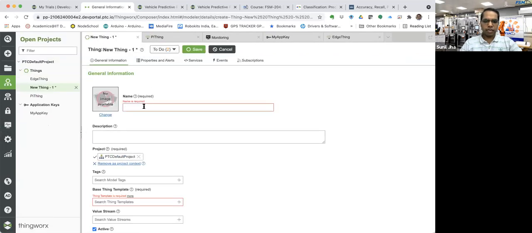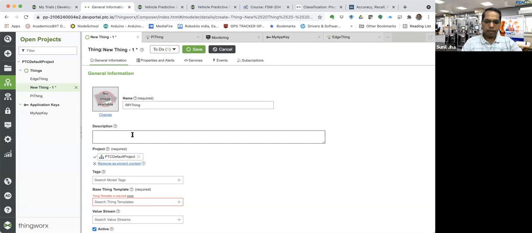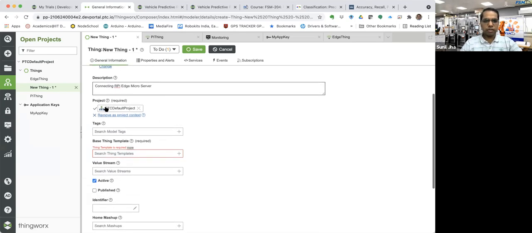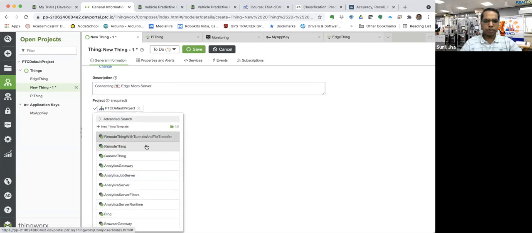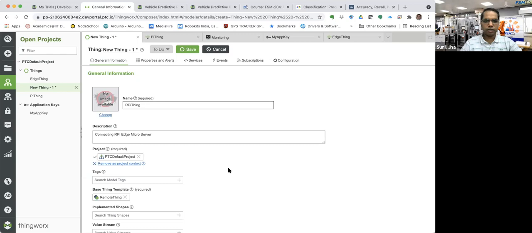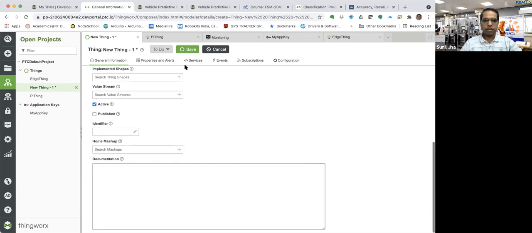So I will just create a new thing, rpy-thing. I will use the same name, connecting rpy edge micro server. You just choose the PTC default project, and for the template you can use the remote thing actually. It is what I want.